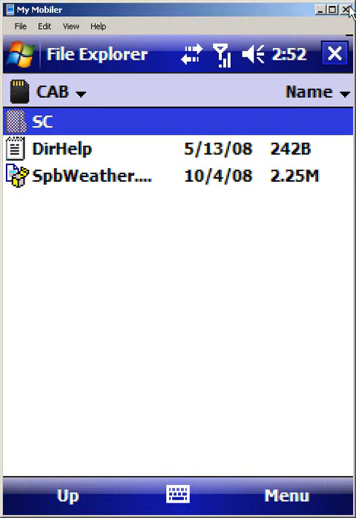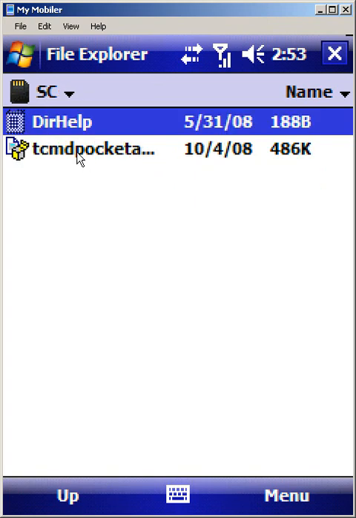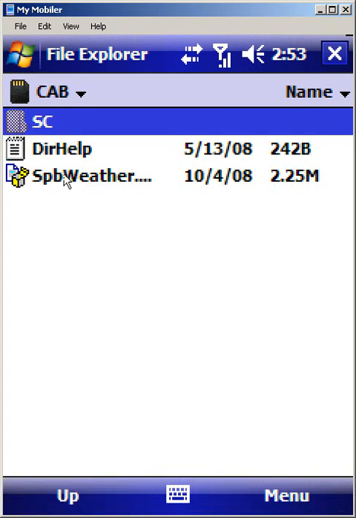Okay, so you see here I've copied over into my cab folder the SPB weather cab, and I've also copied into the SC subfolder Total Commander. And the SC subfolder is for cabs that you want installed to your storage card. So this means Total Commander will get installed to my storage card, and SPB Weather will be installed to my